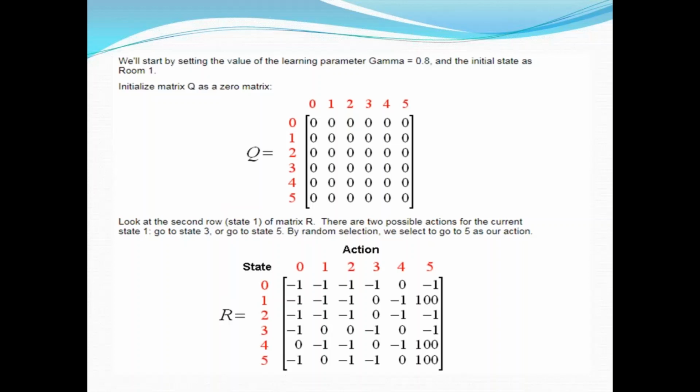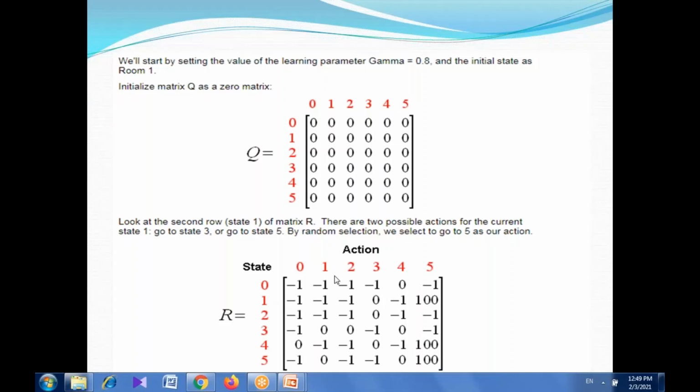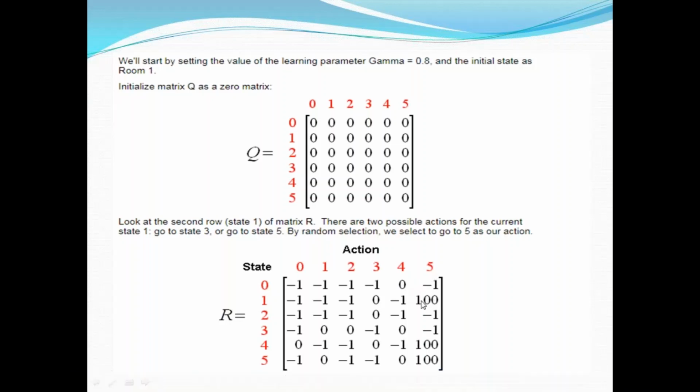So we have two matrices, one is Q and one is R. So R specifies the reward matrix. Q is the states from one state to another state which you are going. Right? So R is the reward matrix. So if you are going from one state to another state, if there is some direction to the other state, it will be specified as 0. Only if you are going to the final state, reward will be